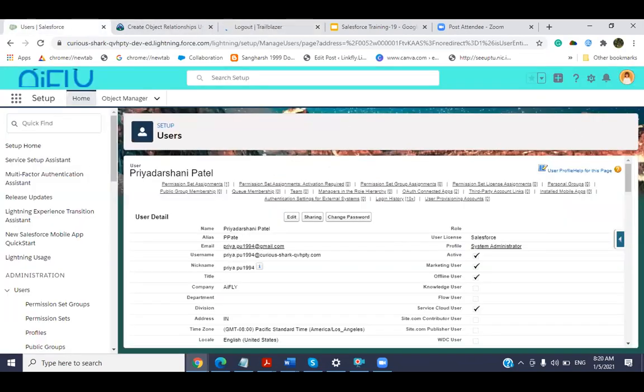So this is the way how we can set the things like our background image and all things. So I hope